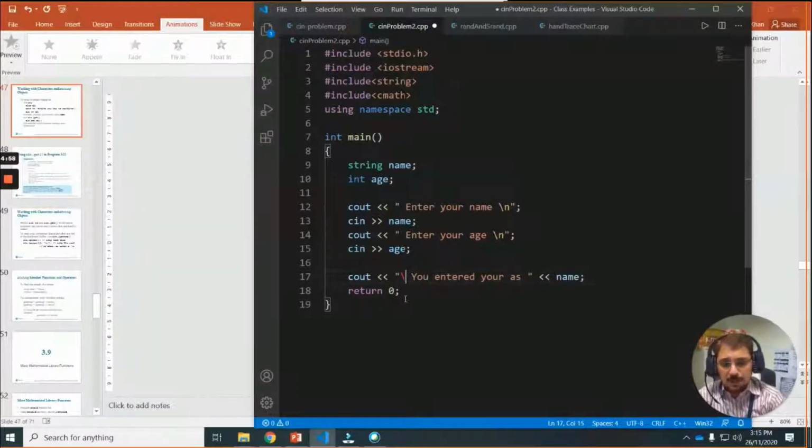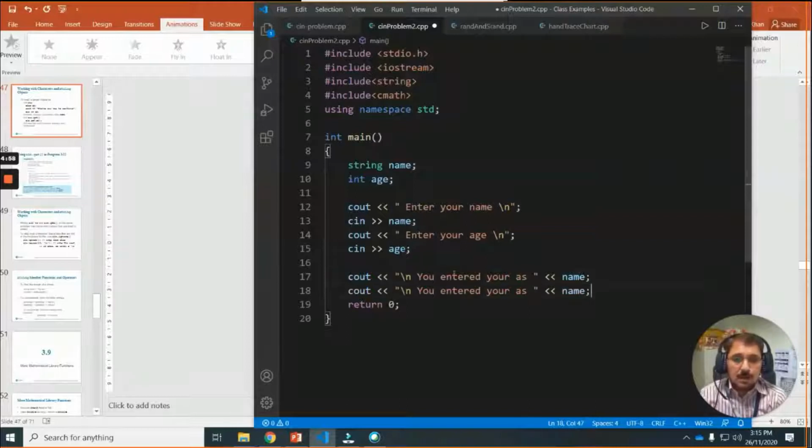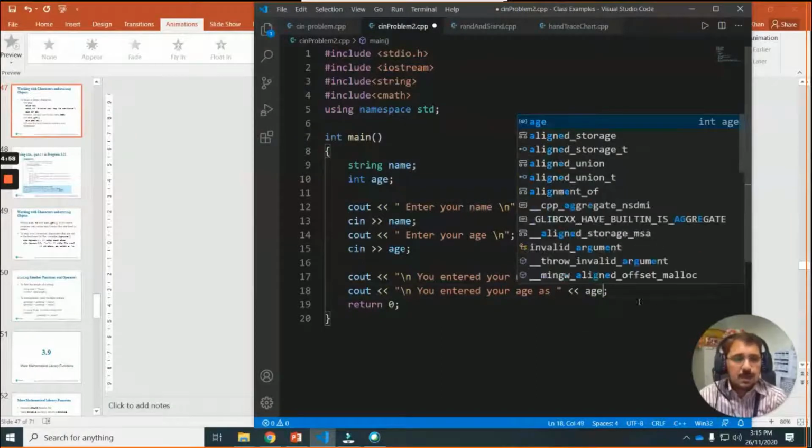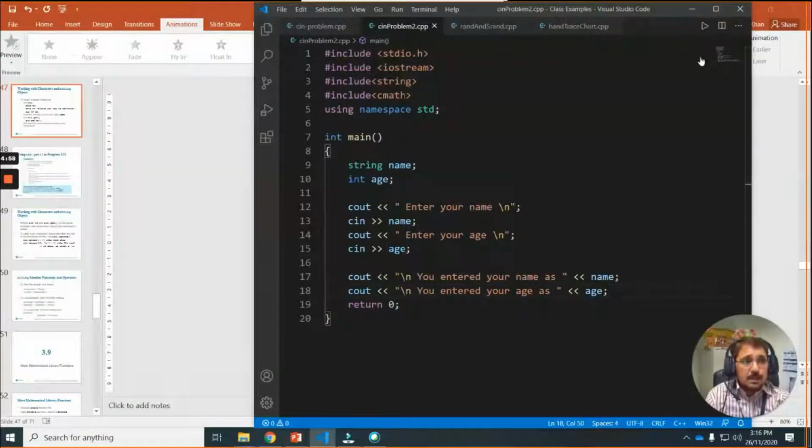And let's put backslash n at the beginning also. And in the same way, if I copy, "and you entered your name as and your age as", this one should be the age. And let's run.